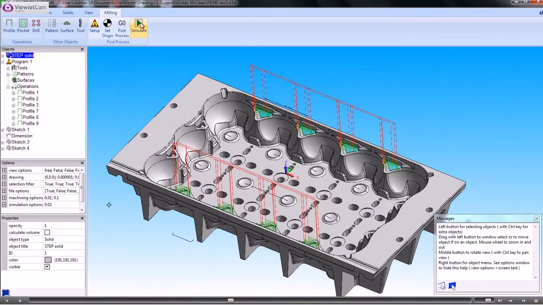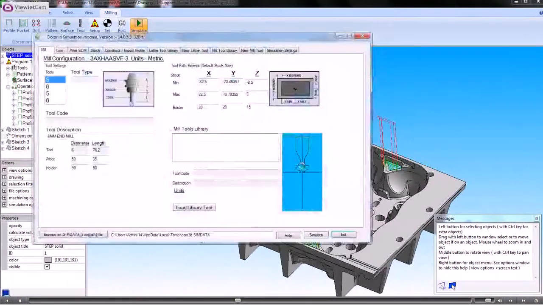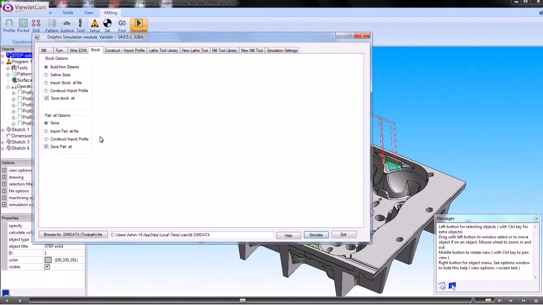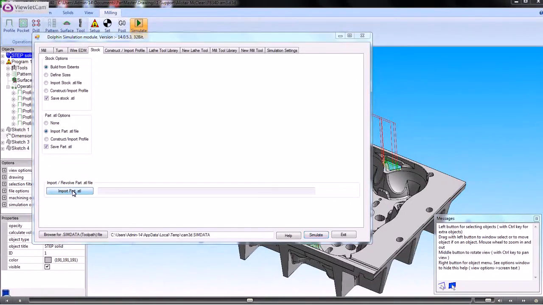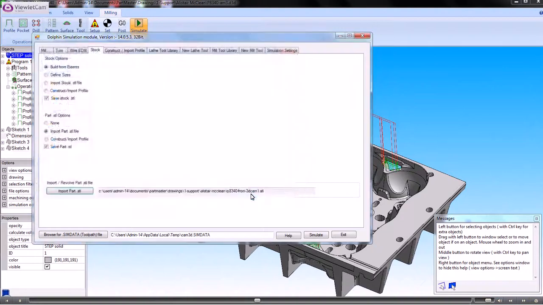And now what we can do is go back into the simulator, but this time we'll use the stock tab up here, and we'll say we want to import that STL file. It gives us the option down here, and that's the STL file that we just created. So we'll open that,